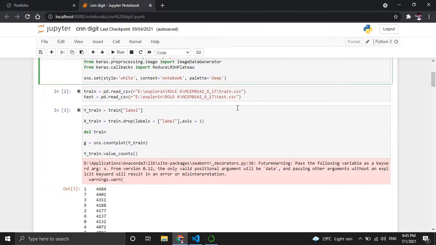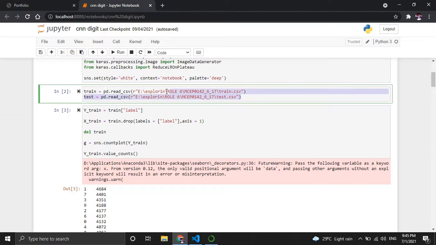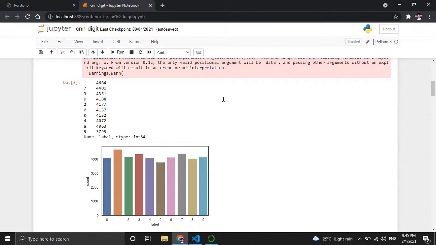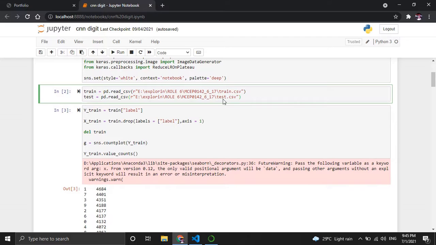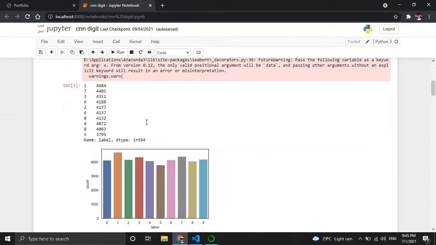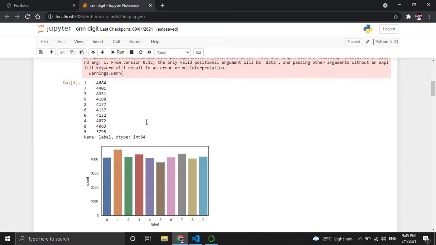Later on we have imported our required CSV files which we have downloaded from the MNIST dataset. We have defined the values of this CSV file and we have done some of the predictions. We can see the outcomes.